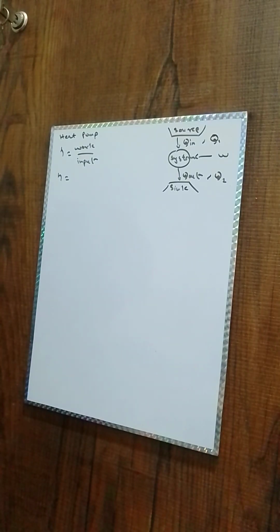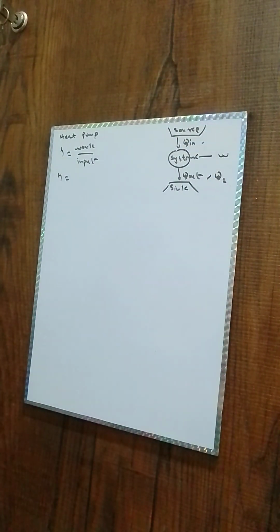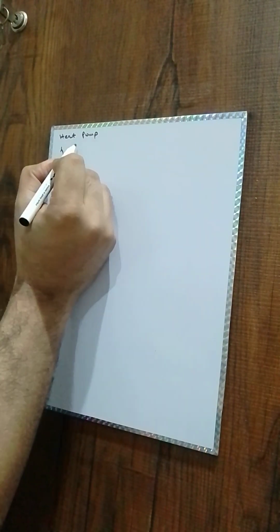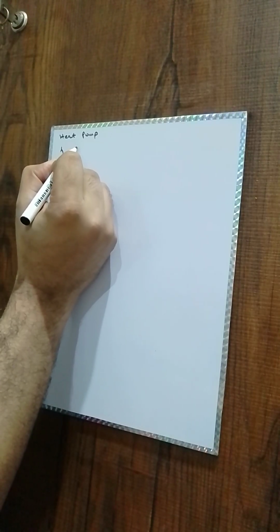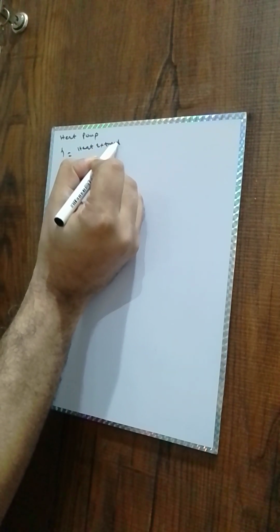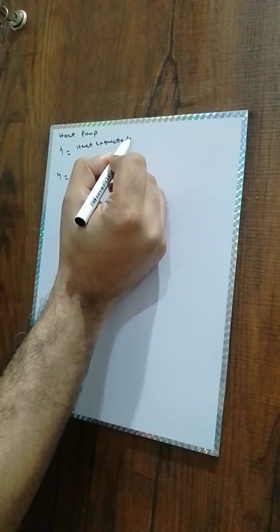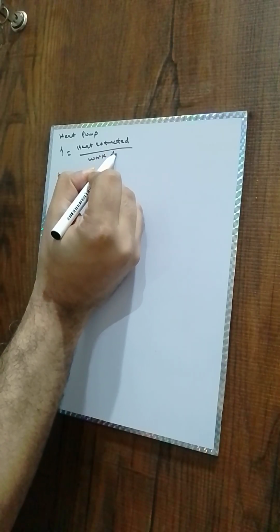So basically the efficiency for a heat pump would be heat extracted by the surrounding divided by work done on the system to extract that heat. Okay,